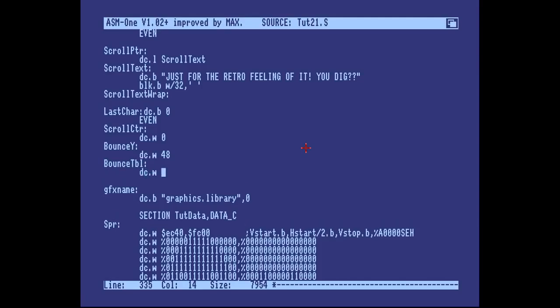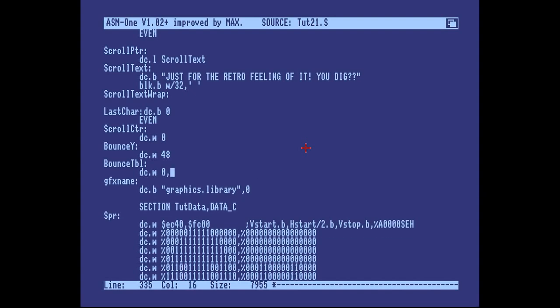You could create a bounce table, and you could go with 0, 10, 8, 6, 5, 4, 3, 2, 2, 1, 1, 0, 0, something like that. And of course that's the wrong way around, right? It should be 10, 10 plus 8, 10 plus 8 plus 6, and so on, until you reach 48. So if you want, you could start at 48,